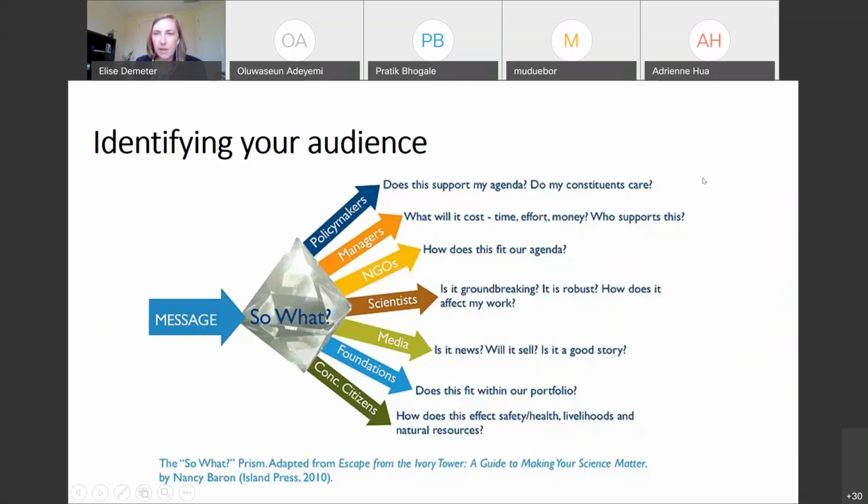Let's say you're talking about your research with policymakers, right? Policymakers want to know, does this research support my general agenda? Is this an issue that my constituents care about? All right. If you're talking with a